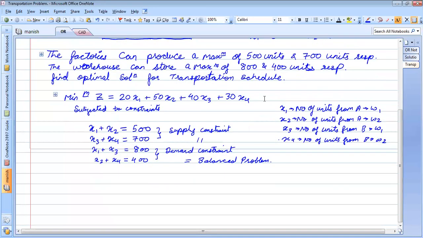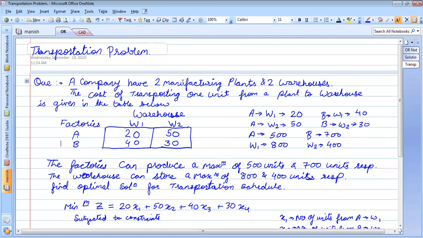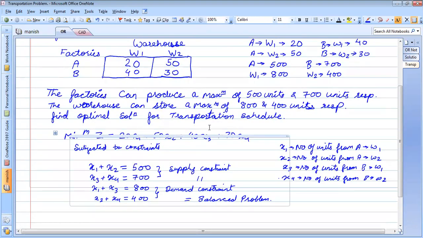Now, if you see the problem, it is a very small problem, isn't it? Only 2 manufacturing plants and 2 warehouses. But even for a very small problem, how many constraints do we have? We have 4 constraints. Other than this, we also have a non-negativity constraint, which I have not written. And we have 4 variables.